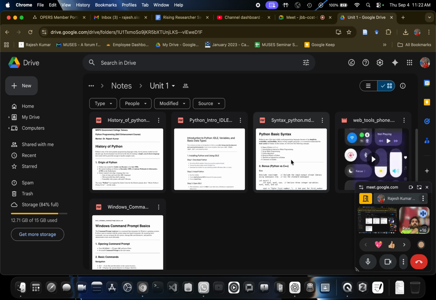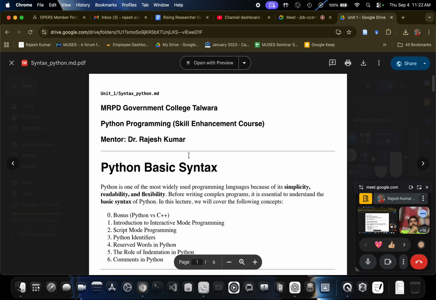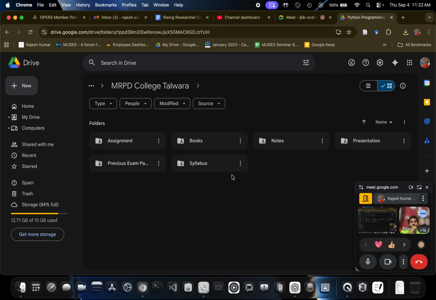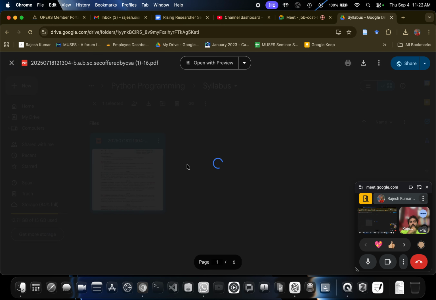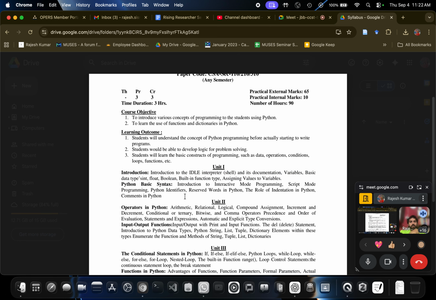So next thing I would like to talk about is the syntax of Python. If we look at your syllabus, it says we already covered this part: introduction, data types, built-in functions.